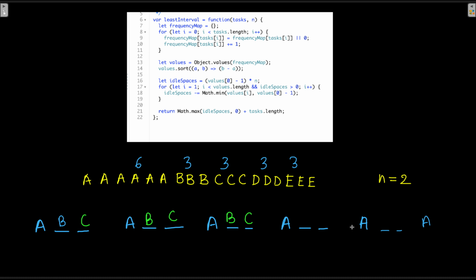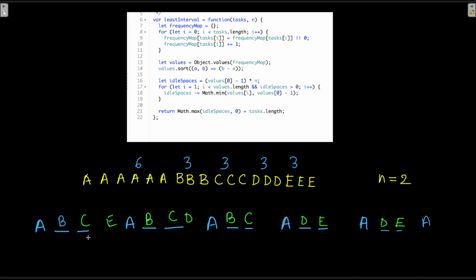What we could do is start filling in from this side. So D, D, and then the next D could be placed here. Then we have E, E, E. So I can place it like this. E, E, and then the next E could be placed here.